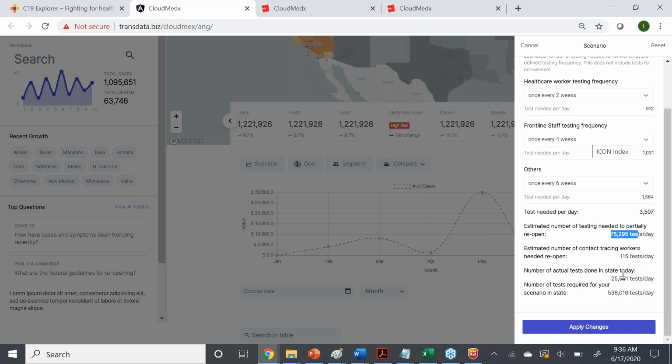and ramp up. Another interesting number that we're pulling out is the number of contact tracers required to trace and contact the people who are getting infected within each county. So for the county of San Mateo, that would be 115. So again, you can tweak these numbers and get interesting insights on some of the scenario builder tools as we